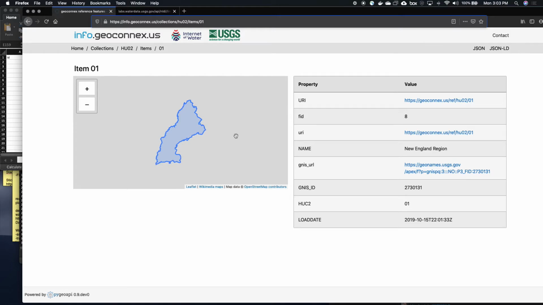And here's a landing page for HUC2 that anyone can link to using this identifier. We generate these landing pages with pygeoapi, which is an open source Python server that serves out the OGC API Features standard,